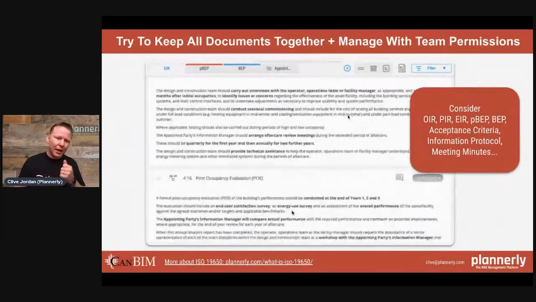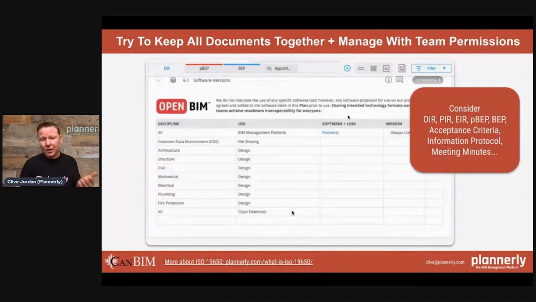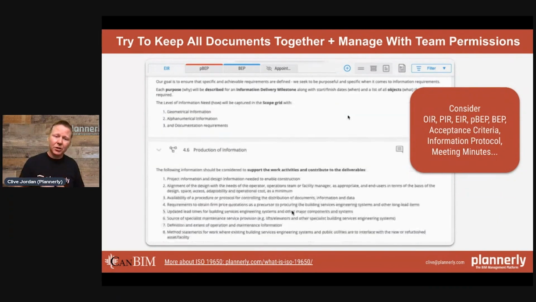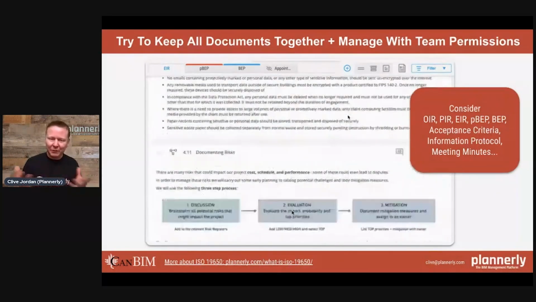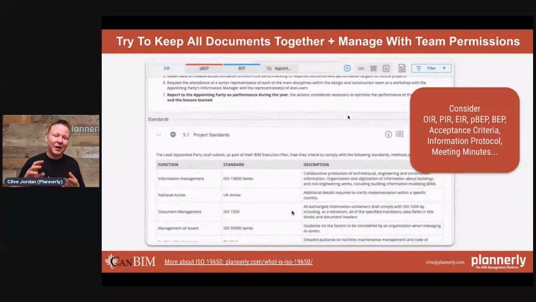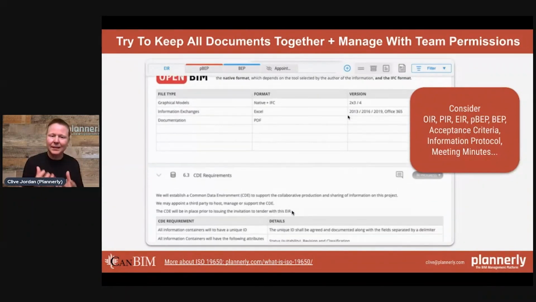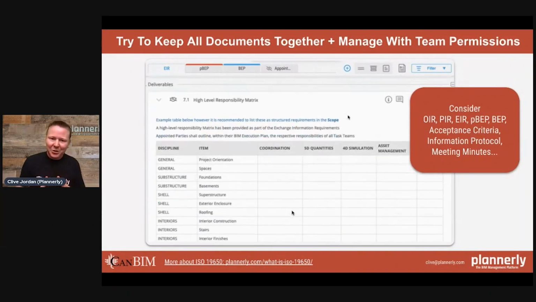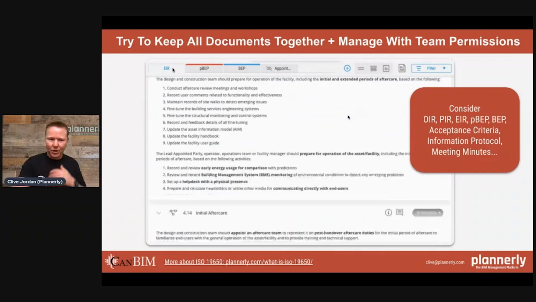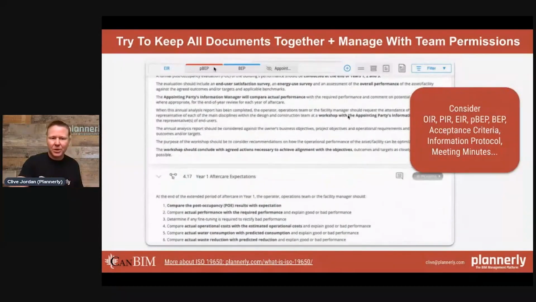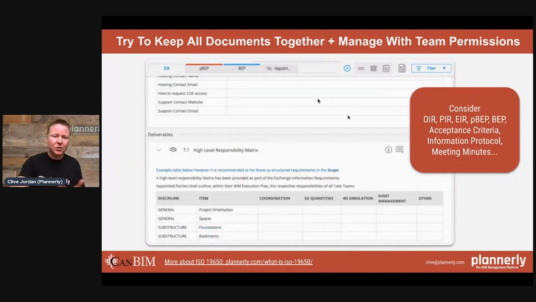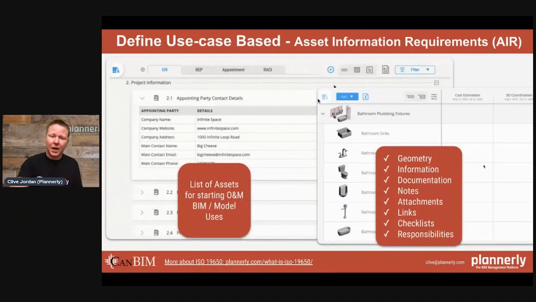So you'll be creating a BIM execution plan or an exchange information set of requirements that are going to go out to many teams. And as soon as you start sending them out on different tools and different places, it can become quite unmanageable. You'll have your different acceptance criteria. You'll have to manage your information protocol, which is really the legal language around this. Managing those documents, keeping them in one place and managing them with permissions. This is just an example showing everyone has access to the EIR, but only specific teams maybe have access to these. And then the appointment and the information protocol, the legal language, is restricted from some people. It's maybe just tied to their contract.